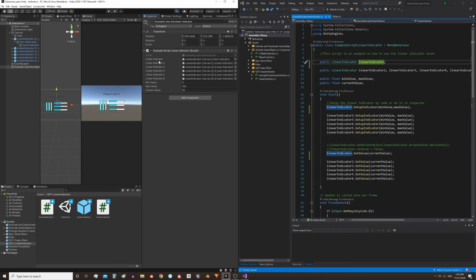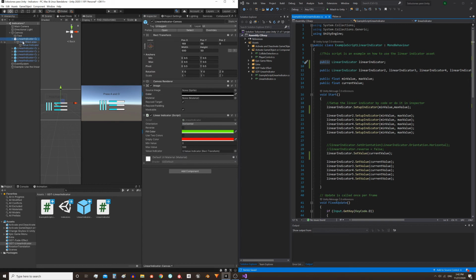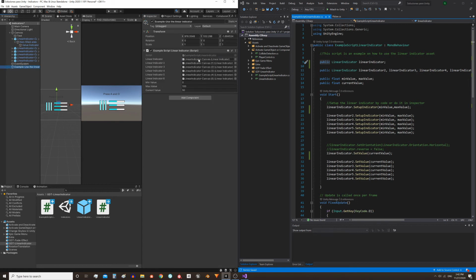Notice that here appears the first reference, this that we define here. As it is public, it appears in the inspector. Now we can drag the indicator bar, manually take the bar, and place it in that field. With this, we are saying that the reference of this component, this script, we have it stored in this field here, and we can modify it through code. Then all these other references are exactly the same, only for the other bars. In the inspector, we also have minimum and maximum values we can write here and then will be sent to the indicator bar through code. This would be the starting value.